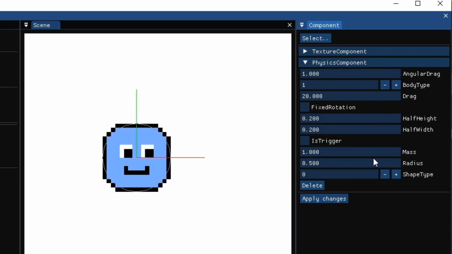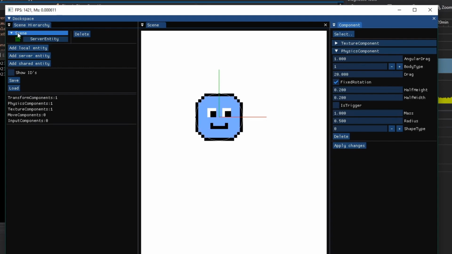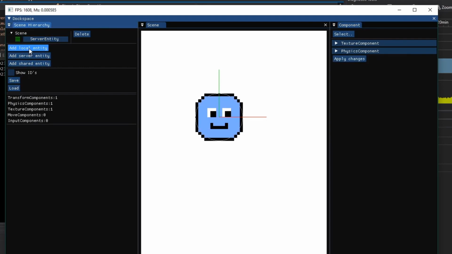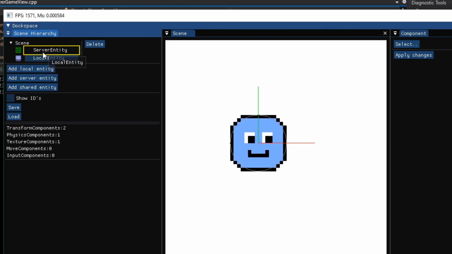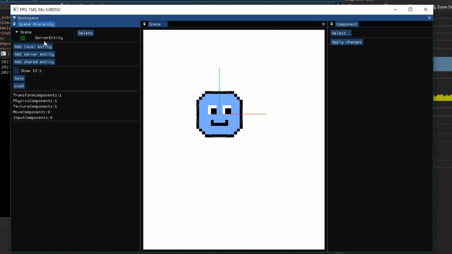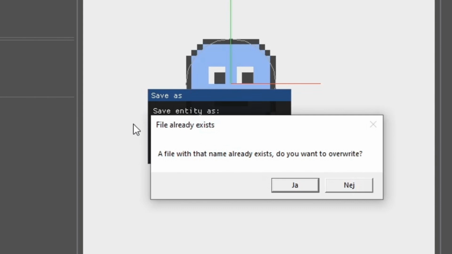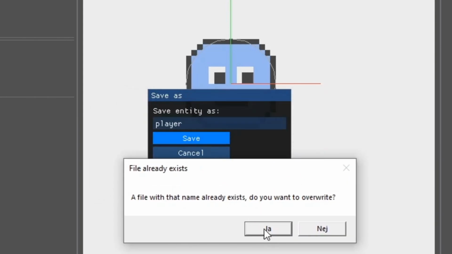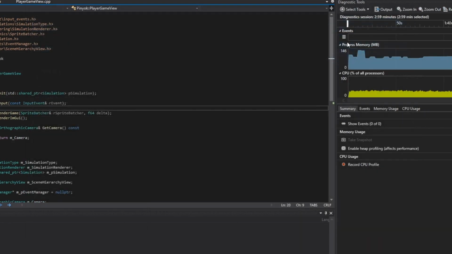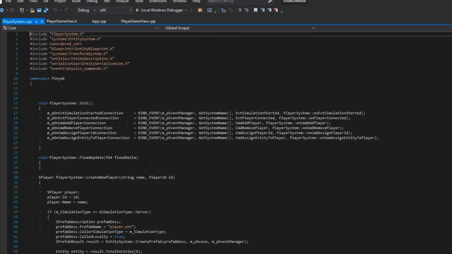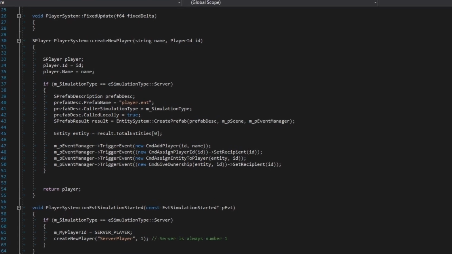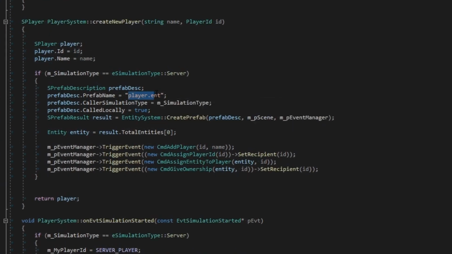We can also change mass and drag. We can set it to have a fixed rotation, which I think I will do. And yeah, now we can save this entity. If we wanted to, we can also add some other local entities underneath, but we don't really want that right now. So I'll grab this, I'll save this. I'll save it as player. You can see I already have a file with that name, but I will overwrite it. And if we go into my player system, we can see that when a player connects, he receives the player.ent